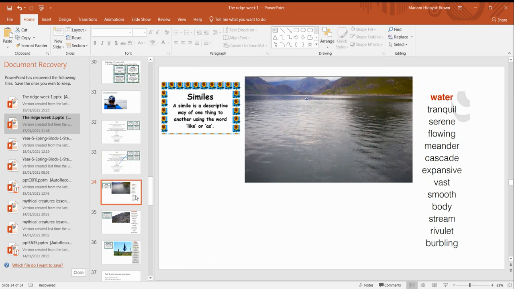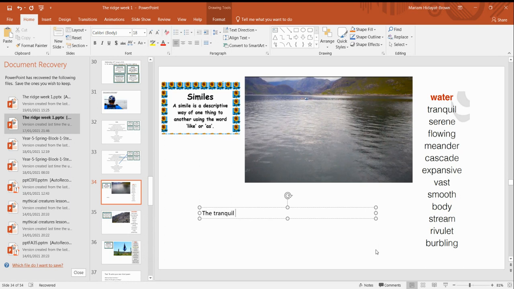We're going to have a go at creating our own similes about this picture here. So first of all, I'm going to think about describing the water. And when you create a simile, remember you're describing the water in comparison to something else. I'm going to up level that and describe it as the tranquil water.